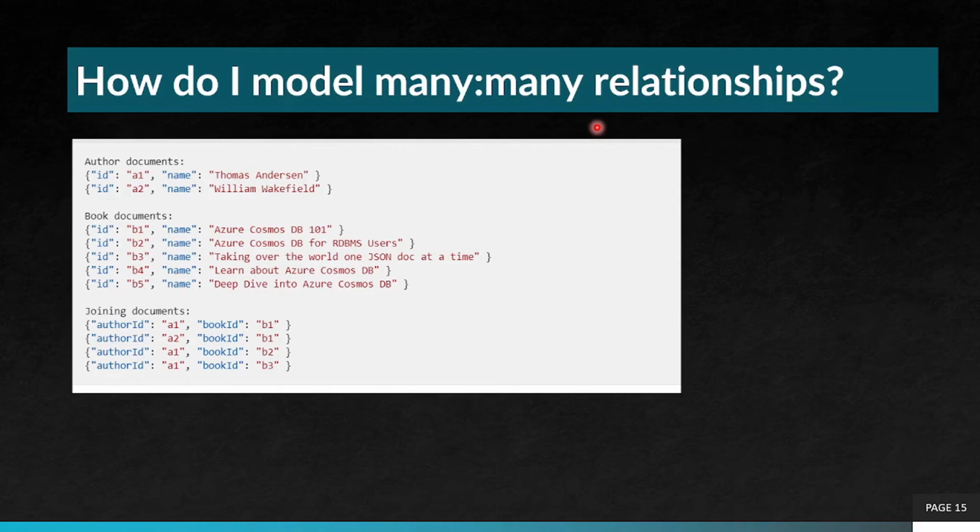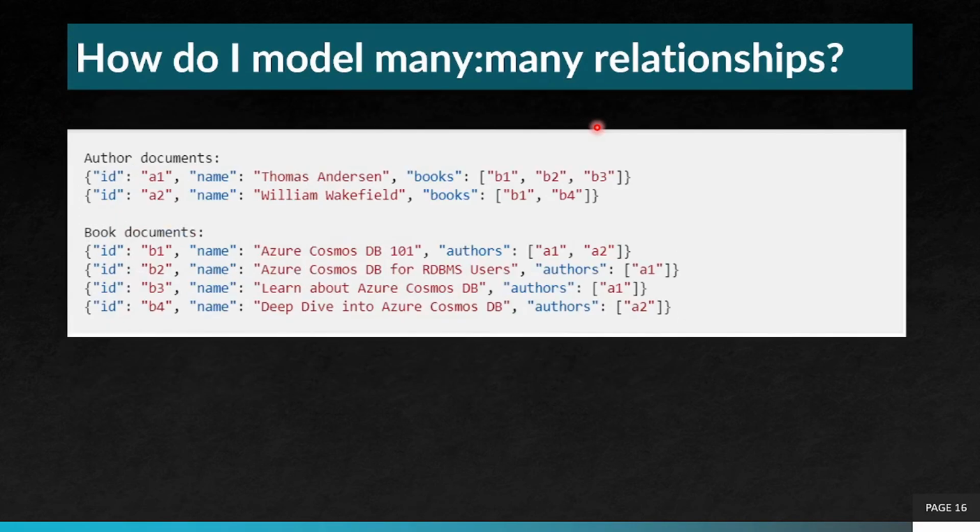How do I model many to many relationships? Usually in the relational world, when there is one entity and another entity which has a many to many relationship, we create a third entity which joins both these entities together. Author and books have a many to many relationship because one author can author many books and a book can have many authors. So therefore you would have a joining document which has the author ID and a book ID. But you can do it in a different way,